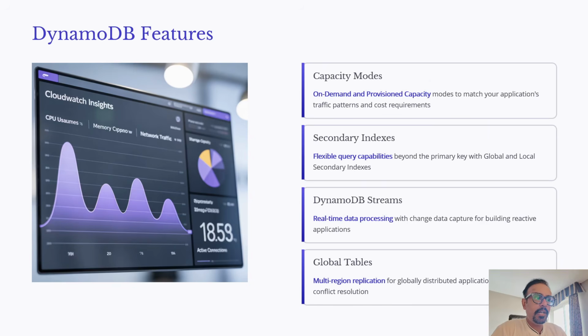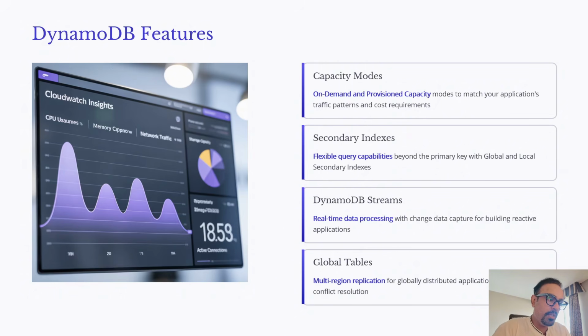So, DynamoDB is designed for both highly scalable and extremely flexible environments, making it one of the most powerful NoSQL databases offered by AWS. It supports two capacity modes. The first one is on demand, where DynamoDB automatically adjusts the capacity based on the traffic. That I will show you. And you pay only for what you use. And in provisioned mode, you define the read and write capacity units to control cost and performance for predictable workloads. So where you already know what kind of capacity you need, or if you have any capacity constraint,